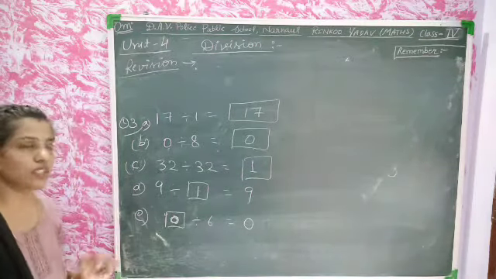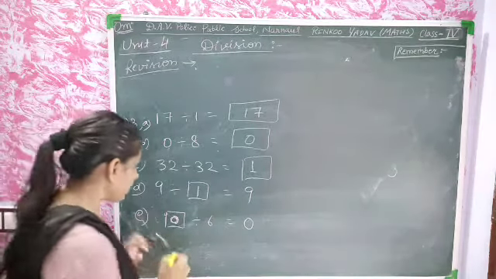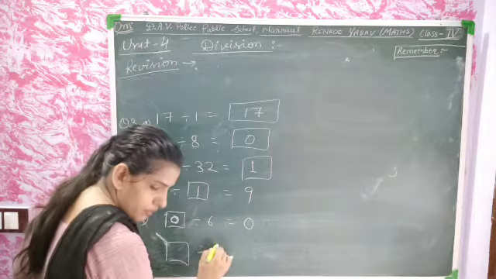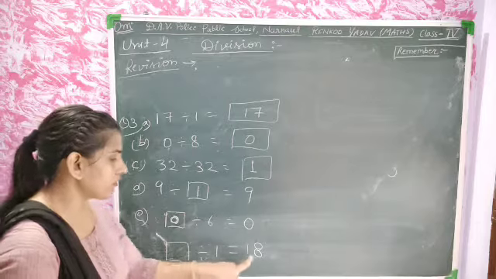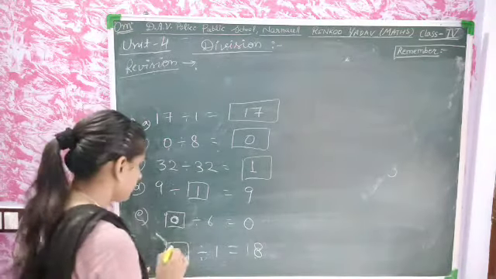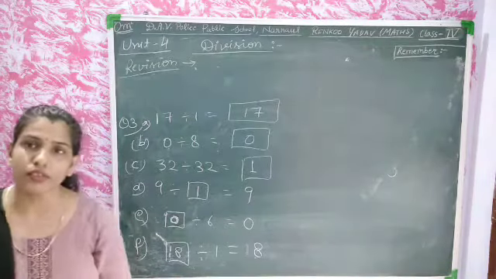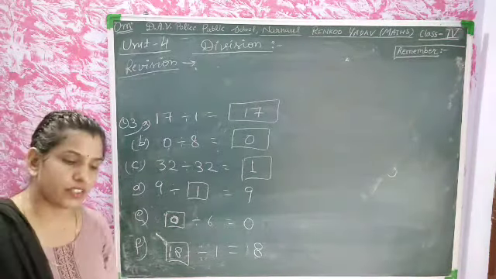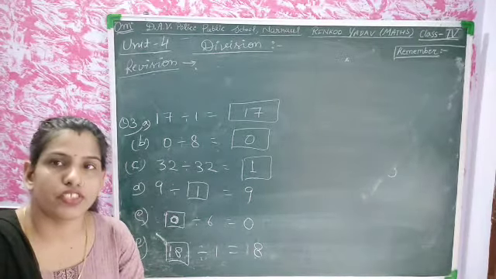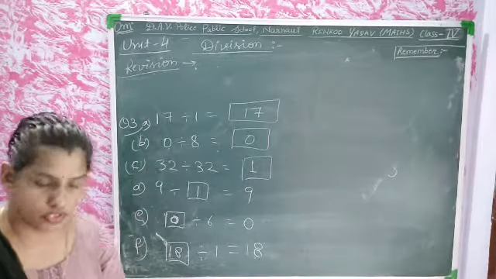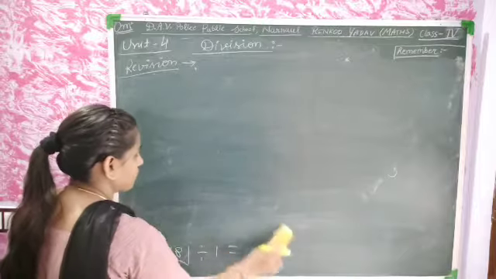Then now we will do worksheet 6. And there is another question: any number divided by 1 is equal to 18. Yes. If any number is divided by 1, it becomes the number itself. It means this is the number here itself, 18. This is the F part. Now we will do worksheet 1. In worksheet 1, we will divide the questions, and then we will check the answer of this question. Let's see. One question I will do here, and some more questions you will do yourself.